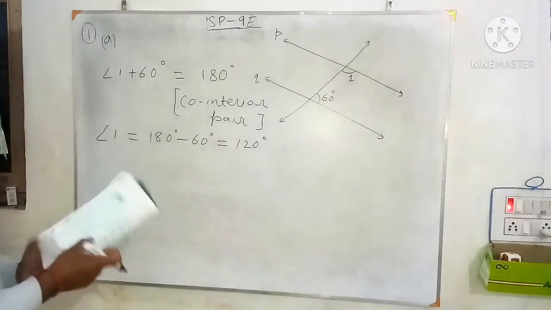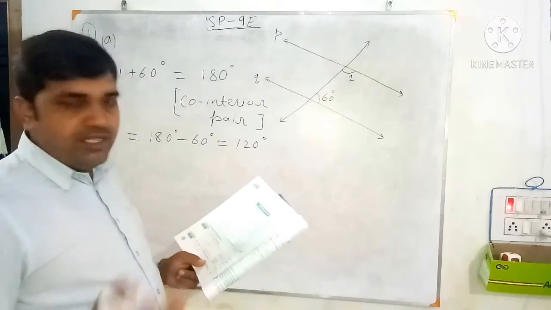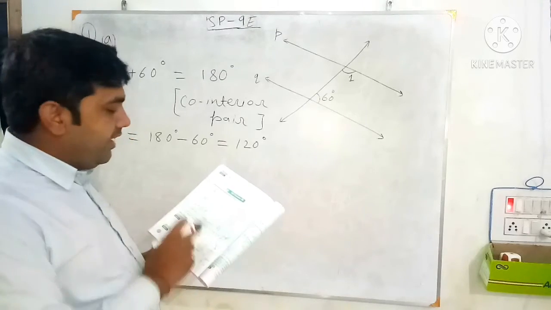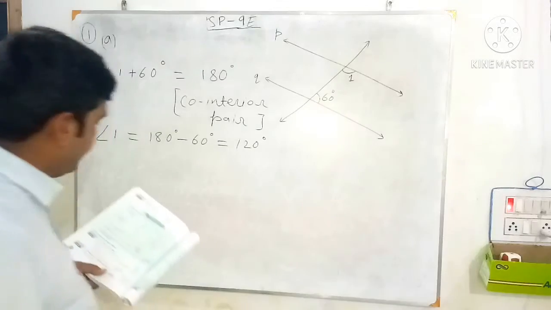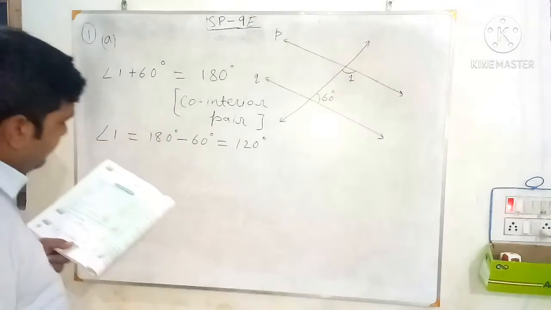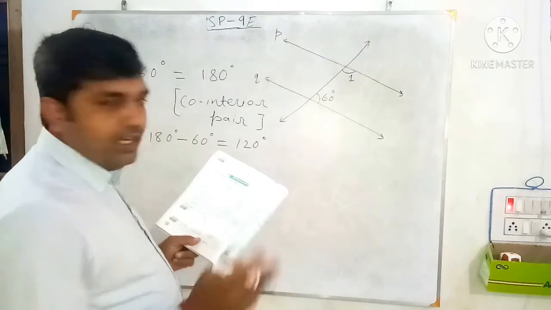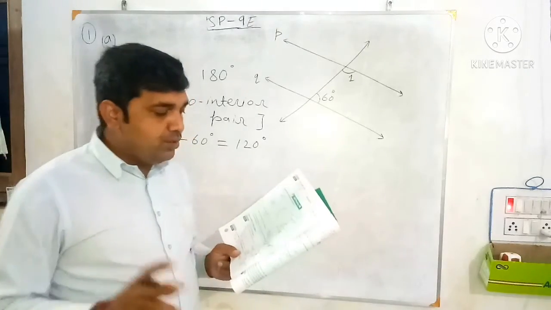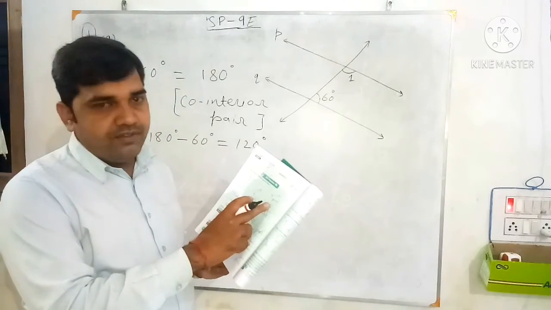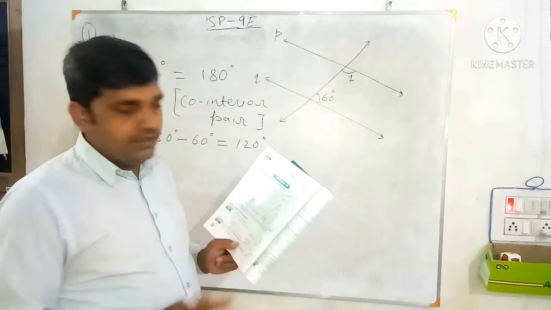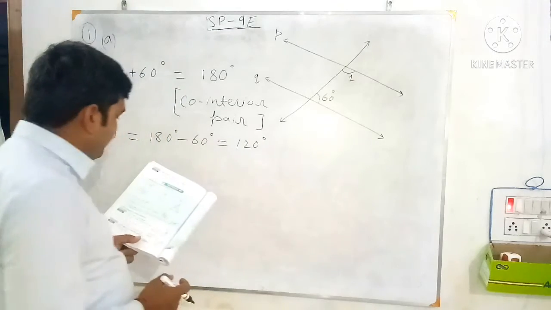Now similarly you can do the question number B. In this also, line C and D is parallel and AB is the transversal, and the sum of angle X and 80 is 180 degree. So the X will be 180 minus 80, 100 degree. Now you can see the question number C, that is also similar. In question number C, Q is parallel to R and AB is the transversal. So the sum of the angle P and 125 is 180 degree, that is the co-interior pair. So again angle P will be 180 minus 125 degree.